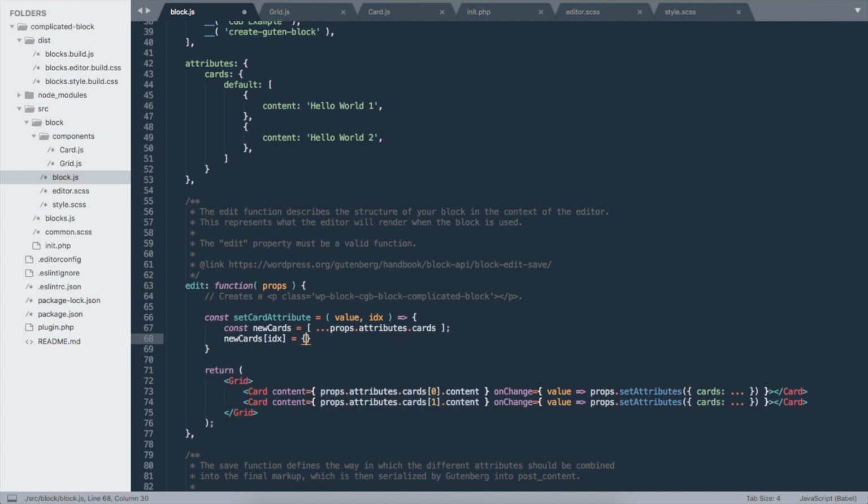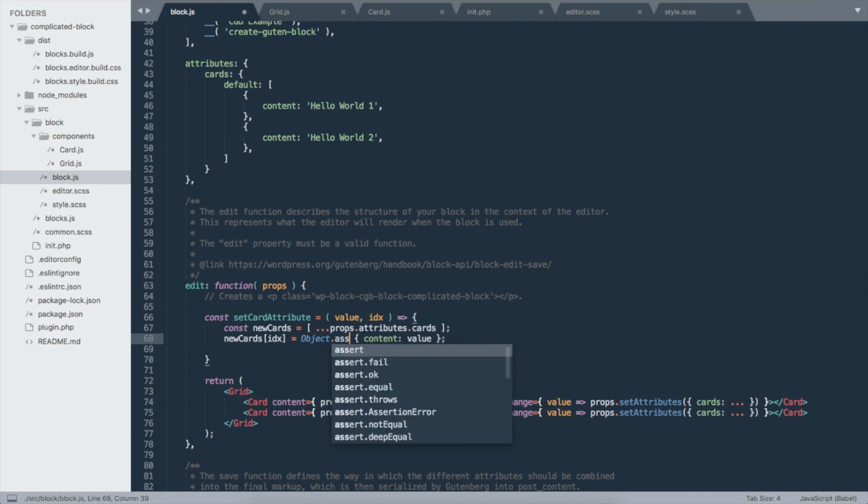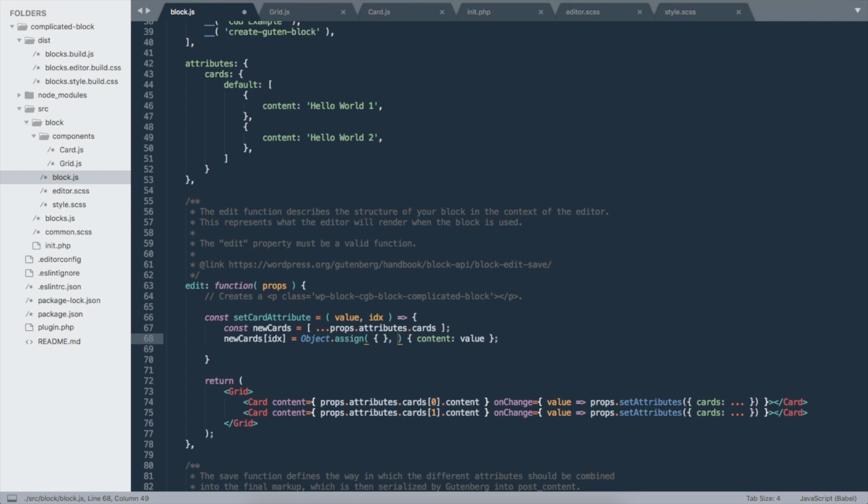I could be doing this. I could say content is value. So I'm creating a new object and placing a reference to that object in the new array. This would be, you know, React approved. Another thing I can do, which looks a little uglier, is Object.assign a new object and then newCards